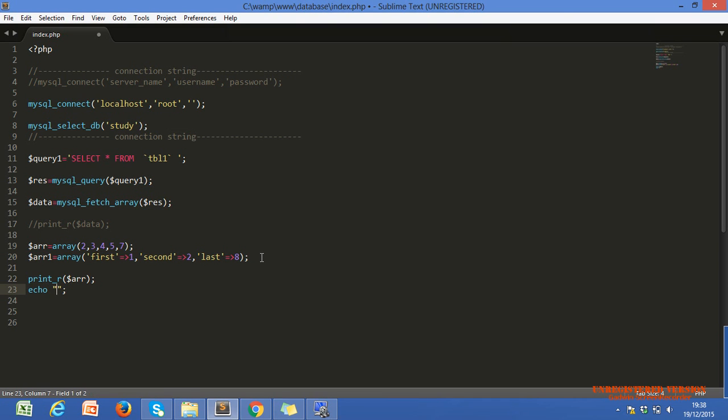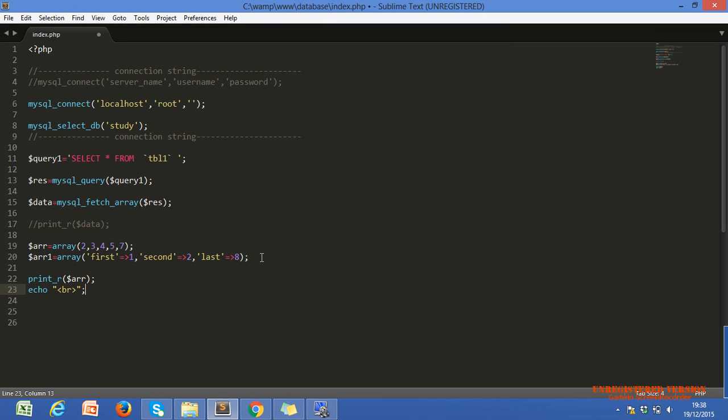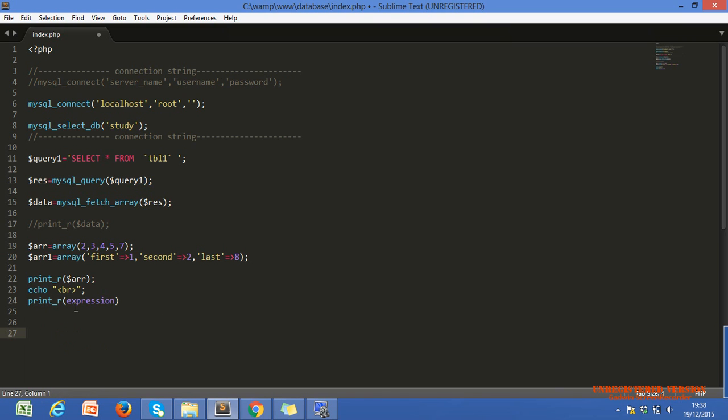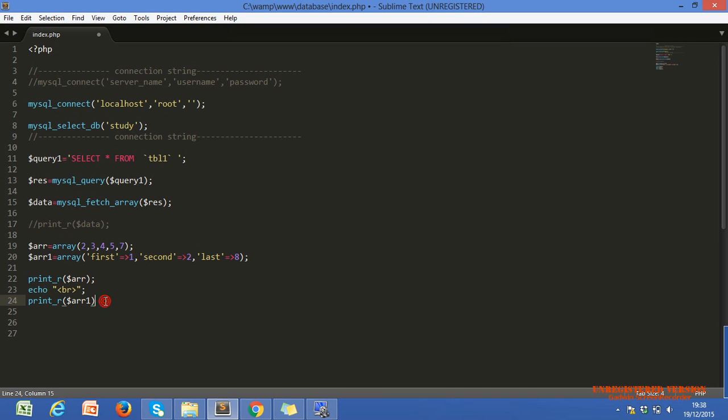Second one is the associative. Let's take one BR tag. In the second I'm printing our associative array, $arr1. $arr1 is our associative array.